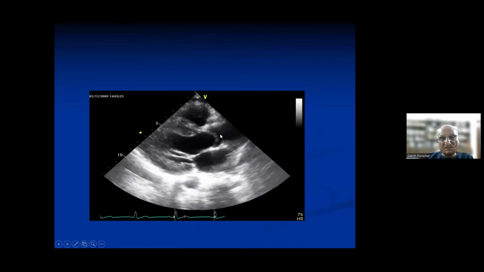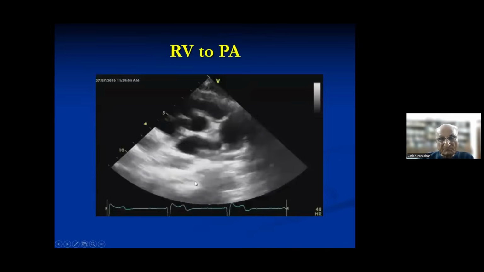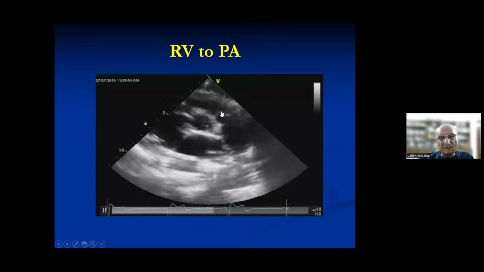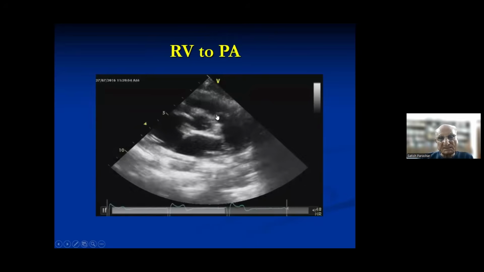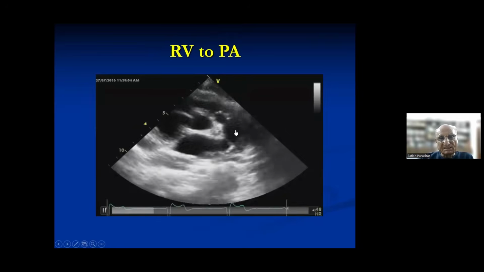This is doming. If you go to Google and ask for examples of doming, they will tell you. Then you go to the Taj Mahal, or any other place, there is a doming. So this is a doming. Now you see a pulmonary artery. This is the RV, this is the PA. And you see the convexity is toward the distal chamber.